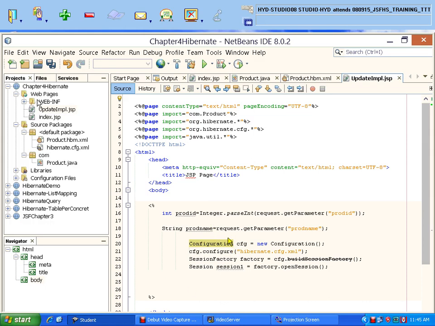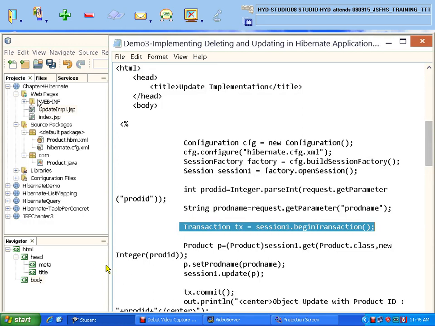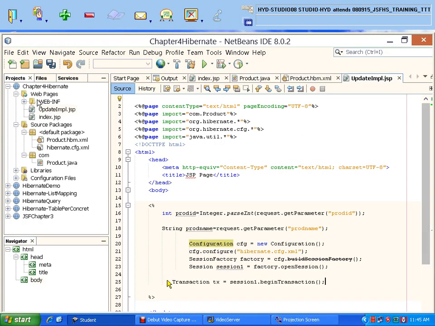So this is what you see. I'm creating a transaction object here. Transaction tx is equal to new of transaction. Once the transaction object is created, next what I need to do? This is my transaction object. So once we have created the transaction object, then what I need to implement, you see,